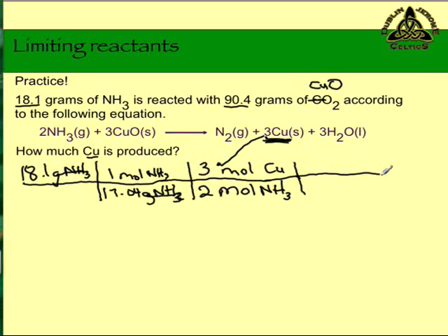We don't want that. All right, so if we cancel out units here, moles of NH3 cancel out. We're left with moles of copper. We need to go one more step and get grams of copper. Moles of copper is going to be on the bottom, so we can cancel everything out. For 1 mole, we need to know how many grams of copper there are. This we just grab right off the periodic table, because it's just the element copper: 63.55 grams of copper to every 1 mole of copper. And when you calculate this out, it comes out to be